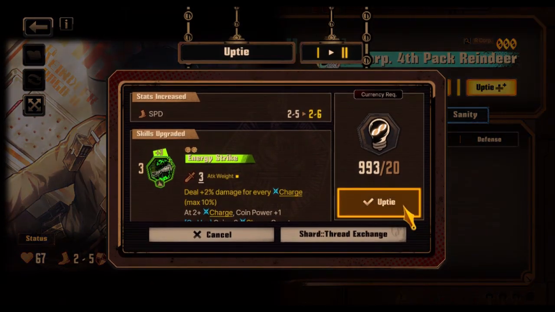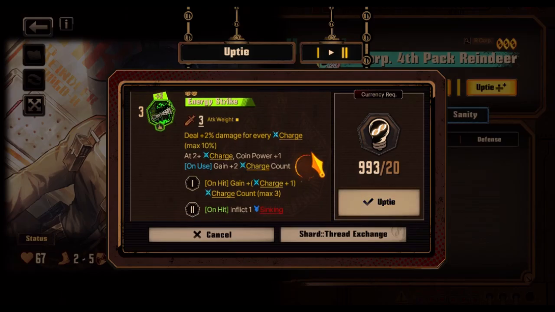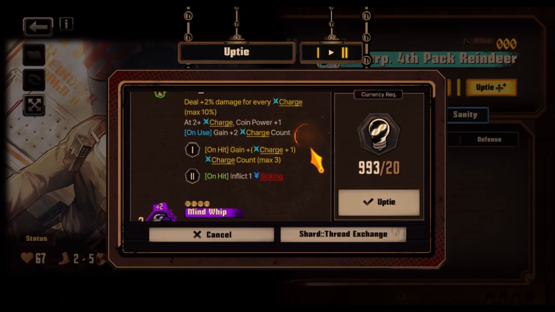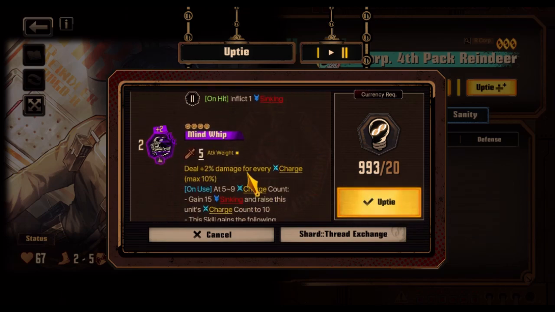Anyway, Uptie. Raises base speed from 2 to 5 to 2 to 6. Deal extra damage for every charge. At 2+ charge, gain coin power. 2 charge count, gain charge +1 charge count to a maximum of 3. So, a single use of Energy Strike is actually going to be enough to have the boosted Energy Strike the next turn. But it's not going to be...